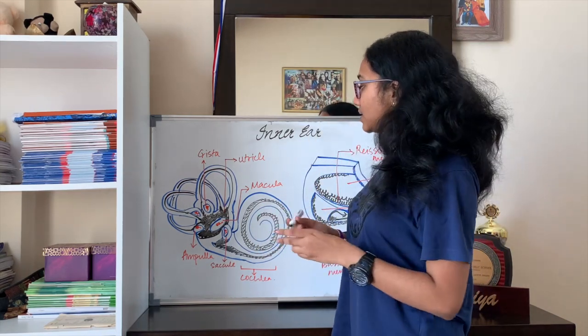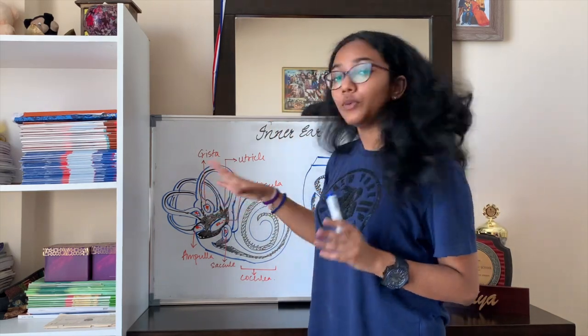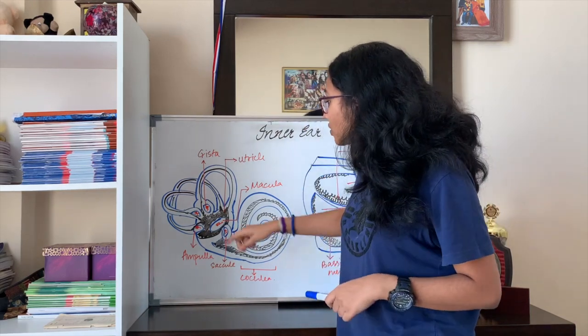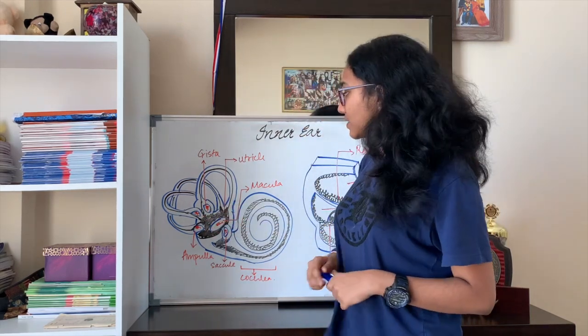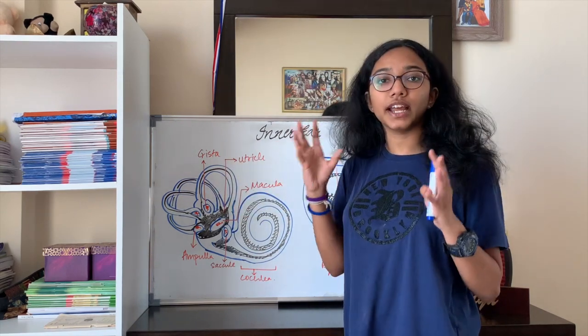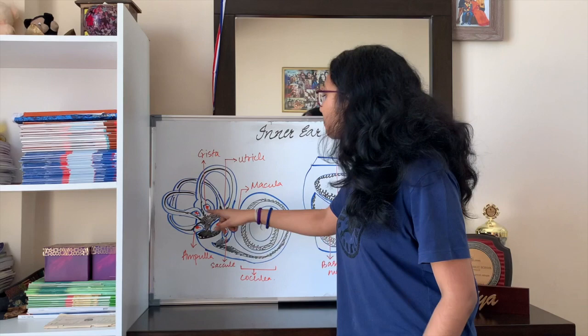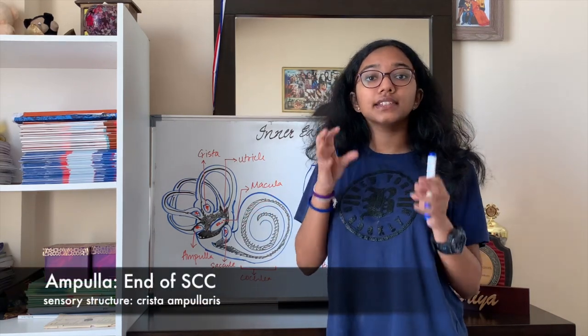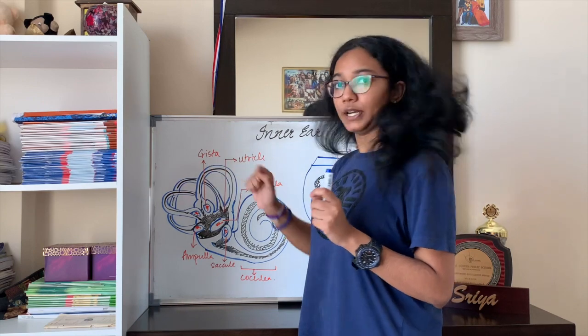So how they function is, suppose you tilt your head towards the right side. The semicircular canal which is responsible to detect the motion of your head towards the right side, the endolymph or the fluid in it moves. Okay? So when this fluid moves, there is a motion caused at the ends of these canals. Suppose this is the canal responsible to detect the movement of your head towards the right side. The ends of these semicircular canals are kind of swollen, and are known as ampulla. And this ampulla contains a sensory epithelium known as crista. This crista further contains hair cells.